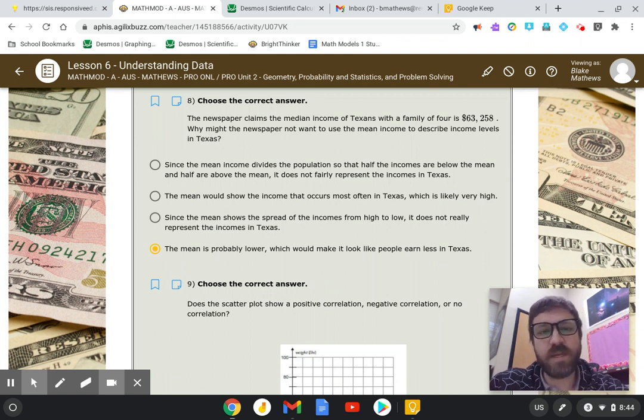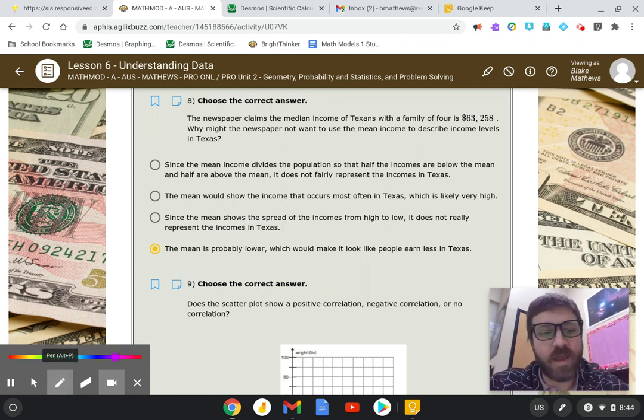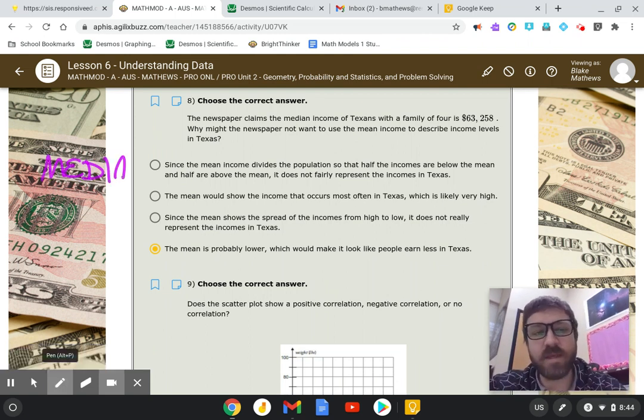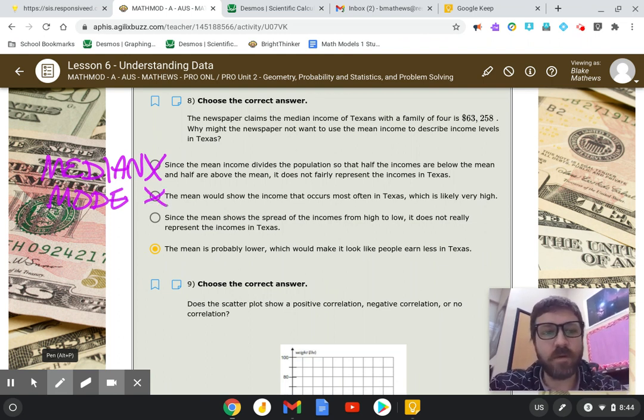First answer choice: since the mean income divides the population so that half are below the mean and half are above the mean, it does not fairly represent the income in Texas. Guess what? That's not what the mean does. That's what the median does. The mean would show the income that occurs most often. That's not the median or the mean, that's the mode. Answer choice C: since the mean shows the spread of income from high to low, that's not the mean, that's